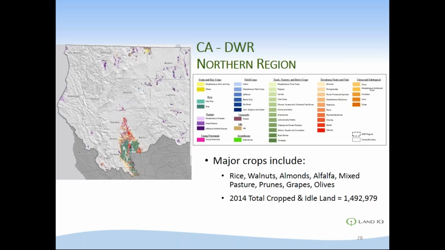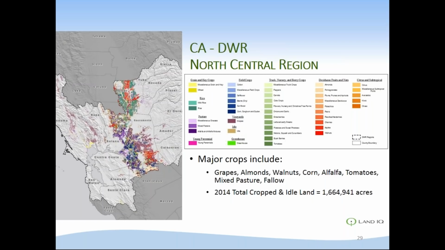It's very interesting to see the distribution of these crops within the regions and also from north to south within the state. So let's travel one DWR region south to the north central region. Same legend, but the major crops, some are similar and some are different. We begin to see a lot more grapes in this region, as you might surmise, in Napa and Solano counties, and then also in some of the valley areas as well. We begin to pick up a lot more tomatoes and other crops. And don't forget, this data set also identified fallow or idle ground as well. The total cropped acreage in the north central region was a little over 1.6 million acres, so somewhat similar to